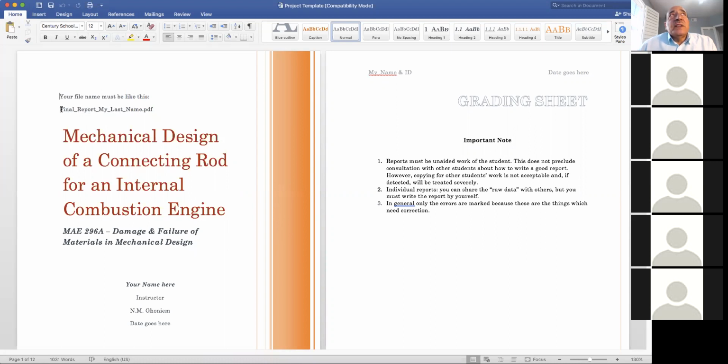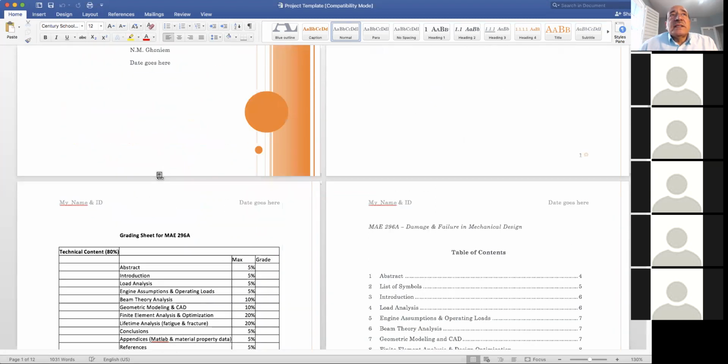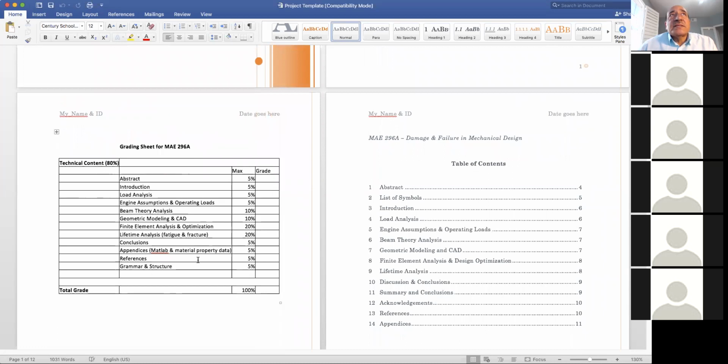This way, we'll be able to identify the file with the designation, if it is final or progress, and with the last names of members of the team. And if you look at it now, it has a structure, so the grading system is clear, how much on abstract, introduction, load analysis, and so on. As we move on, we fill in these items, and it has a table of contents.